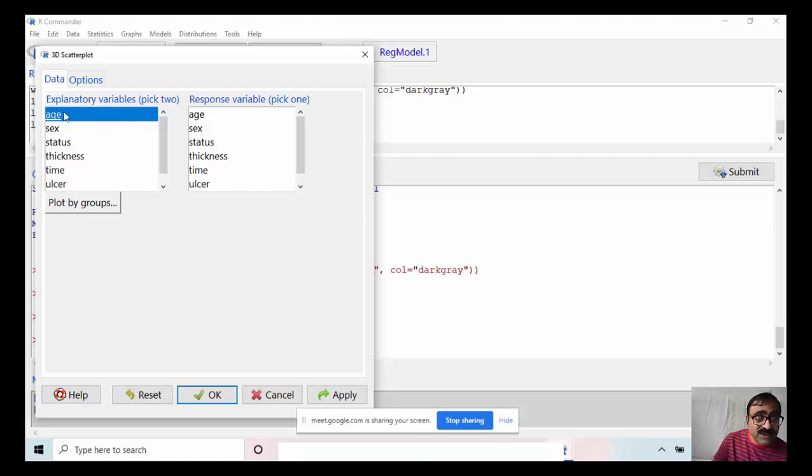Since it is a 3D graph, there should be at least three variables. One is age, I select.